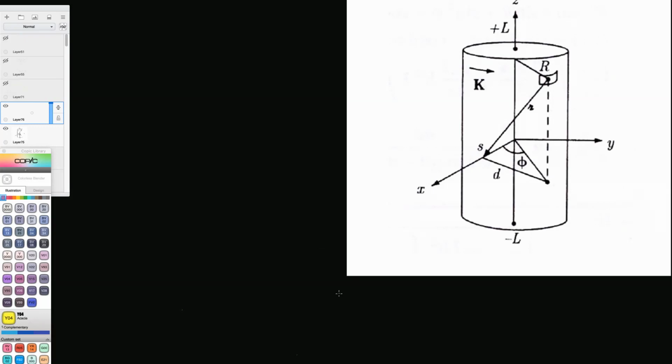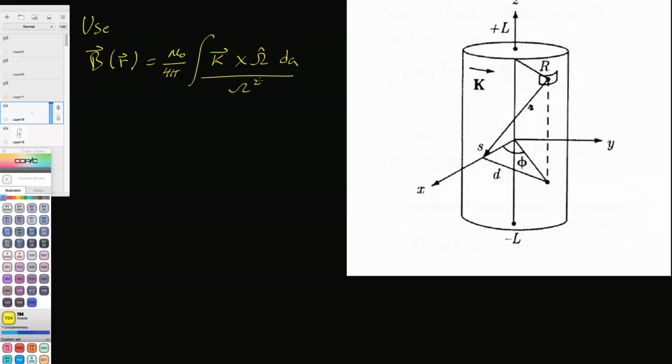Okay, so we're going to use our Biot-Savart law, B of R is mu 0 over 4 pi. And then we're going to use it for surface current because this guy has got a surface current. I'll explain in a second, but I'm going to write this down first. We have K, the surface current density, cross omega hat, dA. This is the Biot-Savart law for surface currents, right? Okay, all right, and then we're going to find